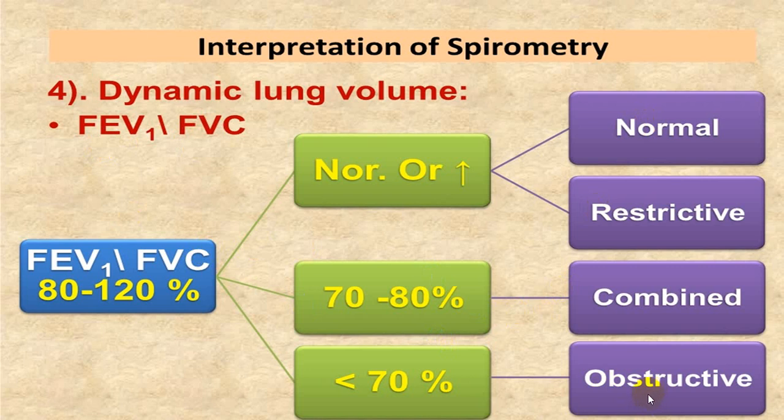While in obstructive, always the ratio is less than 70. So if any time you see the ratio less than 70, it is pure obstructive. But if it is between 70 to 80, it can be obstructive plus restrictive. So look at FVC. If FVC is also simultaneously markedly reduced, less than 80, it will be going for restrictive plus obstructive combined together. So you will have to combine all the three readings together.